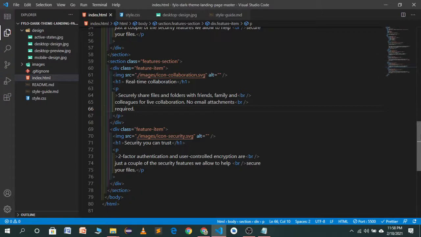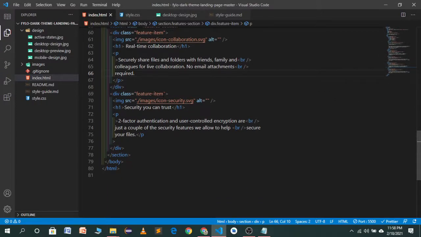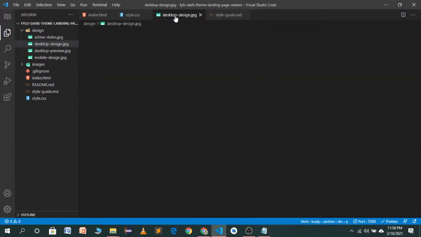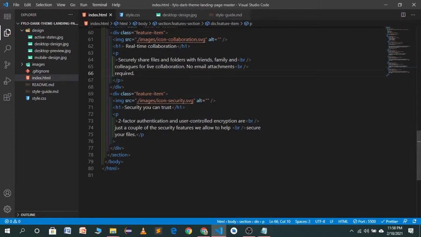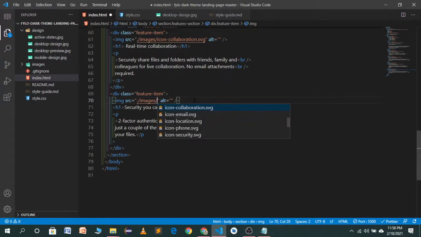And now in the other feature item I will also change the logo, which will be an image. This says store any type of file, so here I have to change this image into the "store any type of file" image. So where is it?